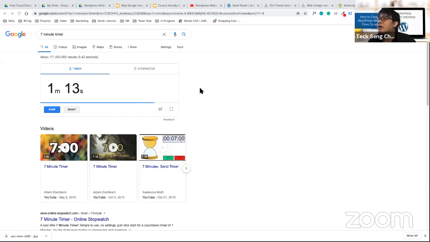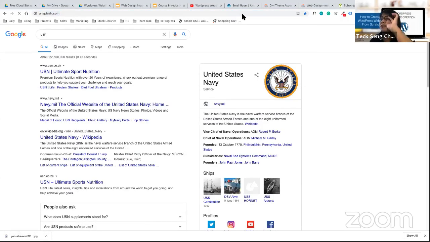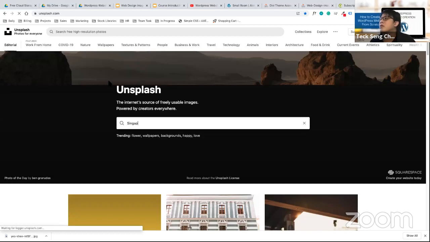Okay, I'm just going to take the next 1 minute. I'll download at my end. For those who want to join me to download, you can just take a look. I can look for images that are more related to what we're going to use. For example, we want to put in a Singapore landscape on the top. We can use Singapore.